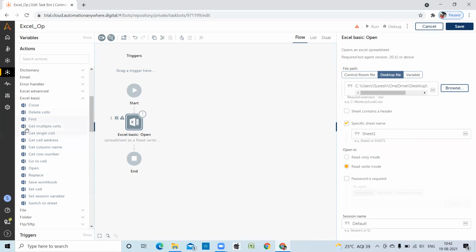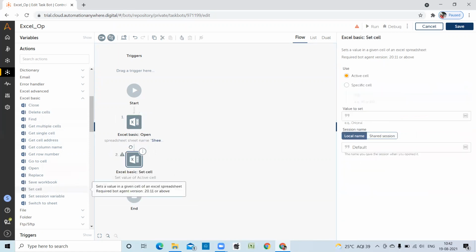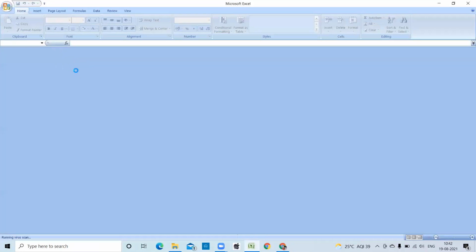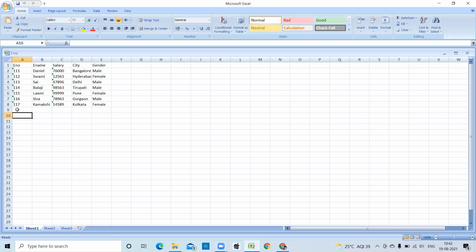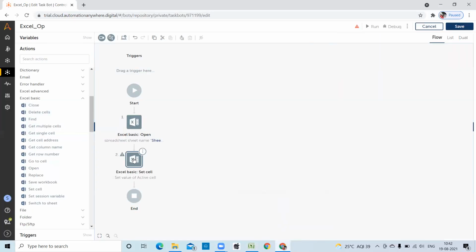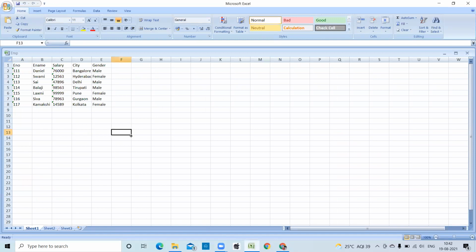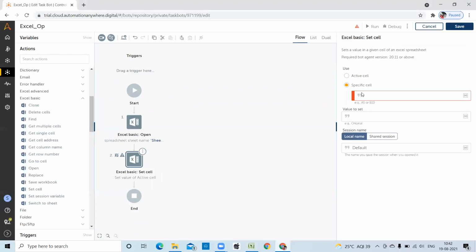So okay, now I'm going to set a cell. Set cell. So you can see here, I'm writing data into A, B, C, D, E. In the ninth row we are going to write, set cell, specific cell. Active cell means wherever the cursor is highlighted, that is the active cell. Now this is the active cell, F13 is the active cell. So I'm going to specific cell